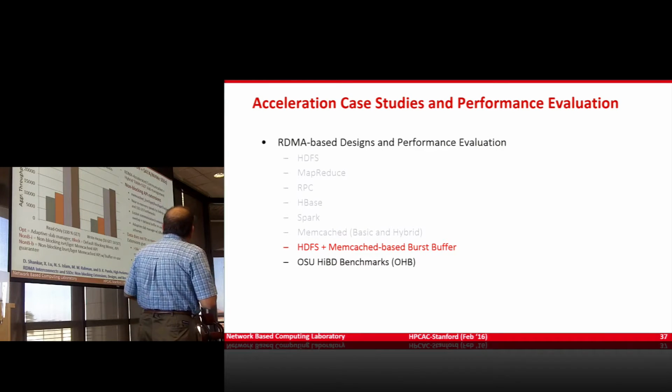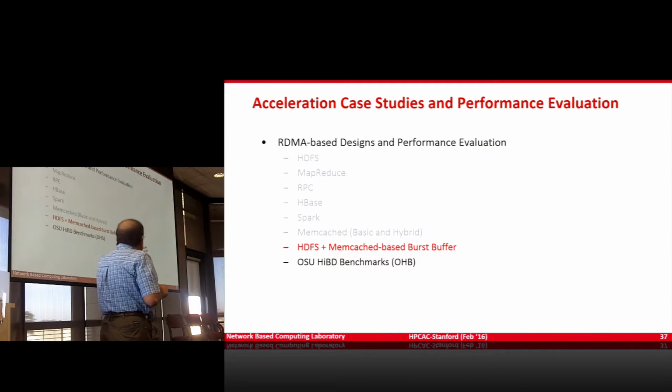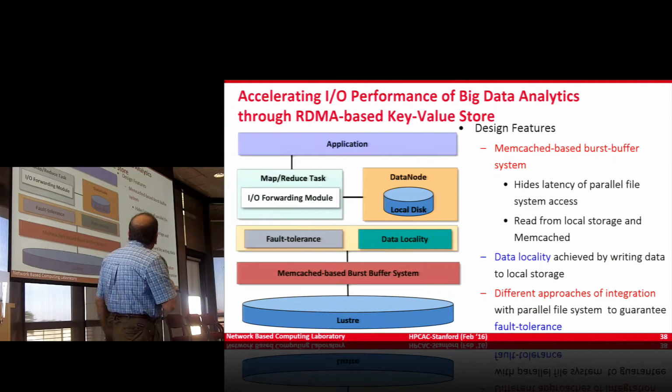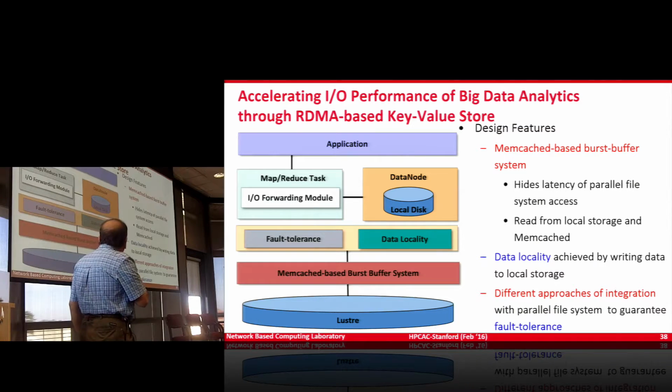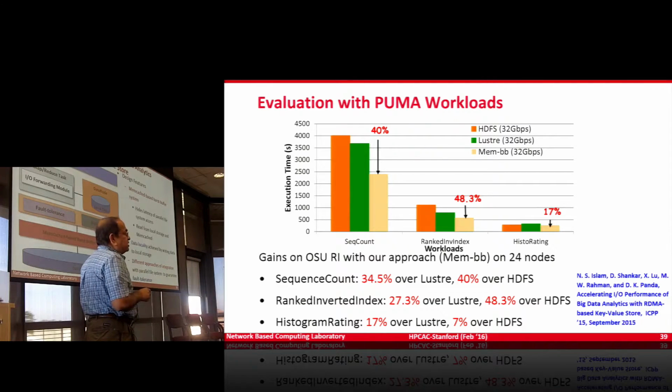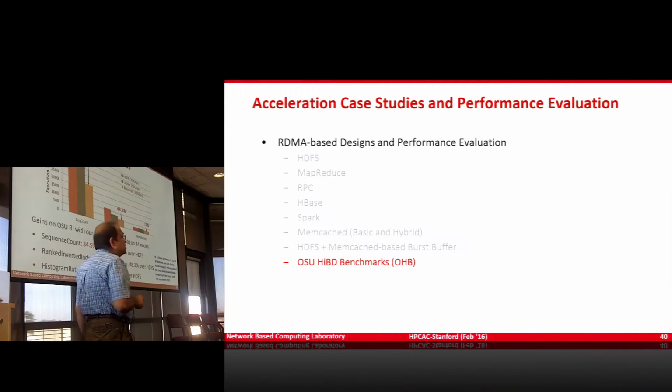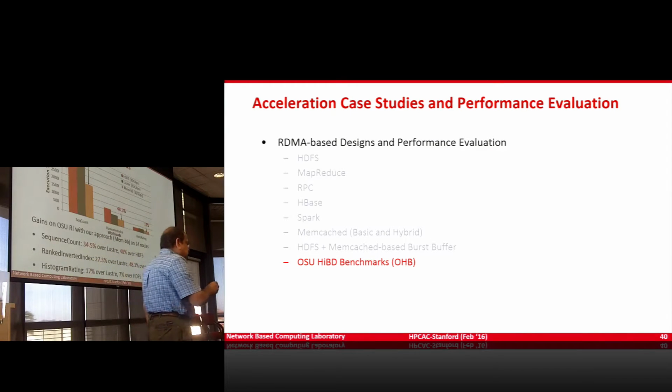Moving forward, we are taking one step further. As many of you know, even in HPC a lot of discussion is going on about burst buffers, and how you can use them to accelerate I/O operations. We did the same thing here: if you have an HPC Lustre environment, how can we have a Memcached-based burst buffer system and link it with HDFS, so that we can exploit even more. We presented this last year. Similar to before, you can see in the yellow bar that you can effectively get another 40%, 48% benefit compared to what people are doing now.